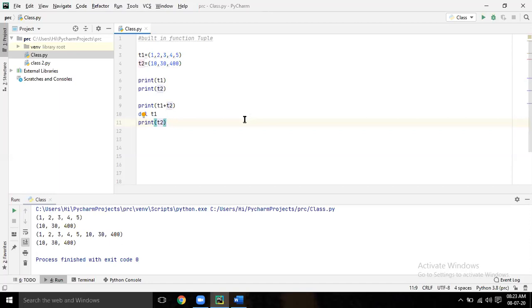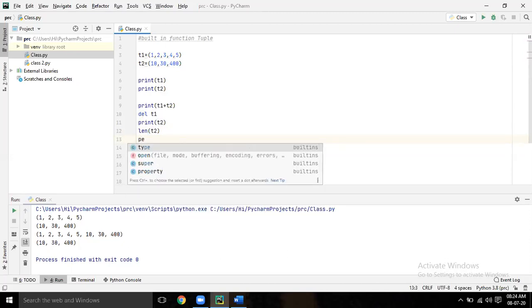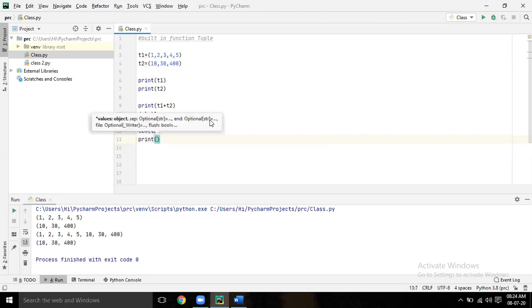No, print that above one directly. Print len of T2.